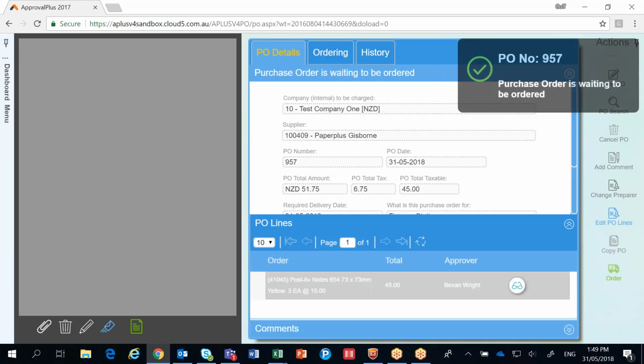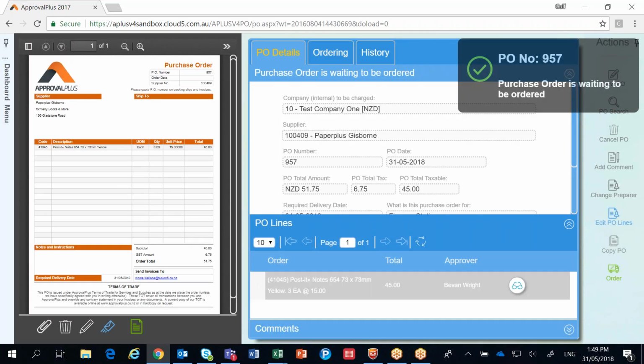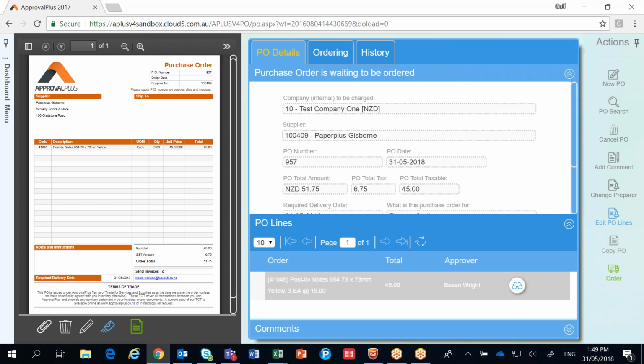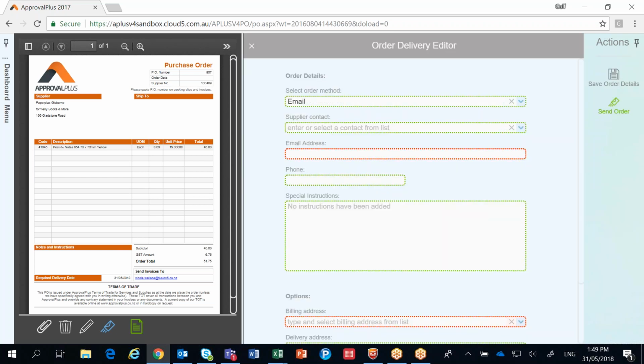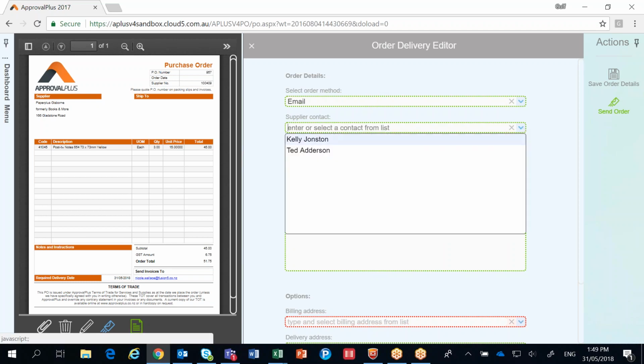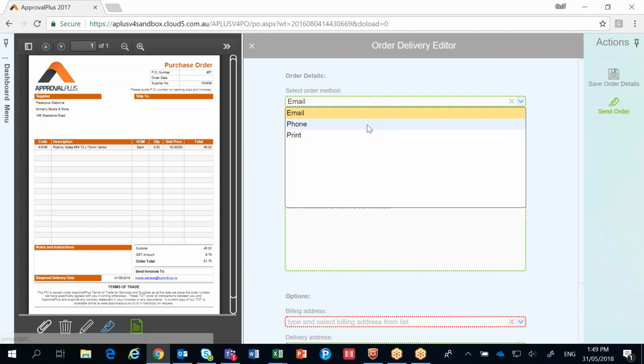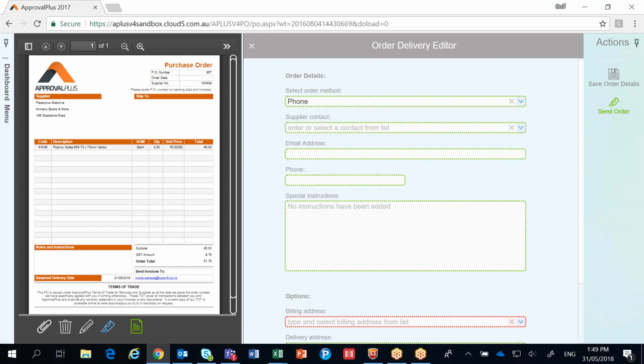In this case it's me, it's coming back to me, but if the person who raised the purchase order was different from the approver, they would get a notification and they could come in here and now place the order with the supplier. Okay, now ordering is going to have different ways of doing that, so you could be emailing it to people, and if that's the case you might have lists of people attached to the supplier that you can communicate with. You may also want to just phone the purchase order number through, which we'll do in this case, in which case it's just going to roll the status through